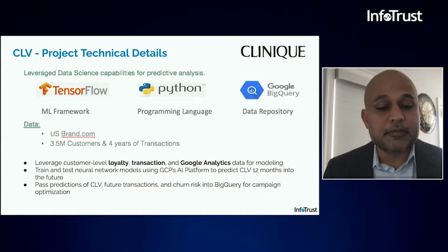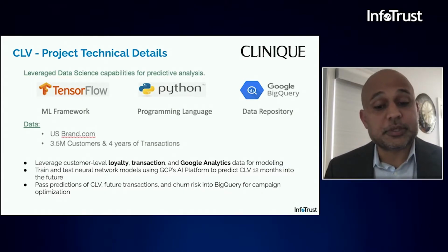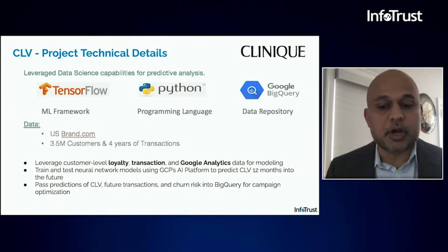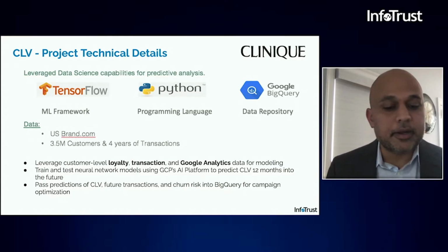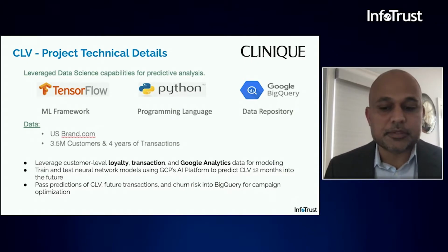For example, we leveraged our first-party data, their user profile information, their registration date, for example, their opt-in status, their loyalty information, how many points they have, which tier they are in, the products they have purchased in the past at a category level, at a subcategory level, payment method they have used, whether they have a stored payment method in their account, and a lot of different other data attributes.